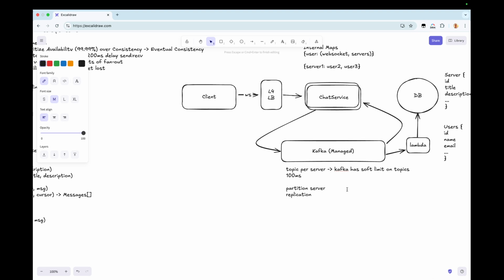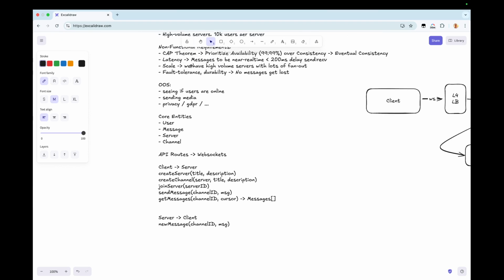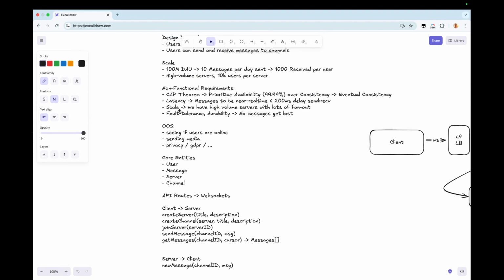We'll have a certain number of other Kafka broker instances acknowledging the writes to a particular topic. We may configure this to say that we'll have a replication factor of 3 or something like that. And that provides pretty good durability on the messages to ensure our non-functional requirement of fault tolerance and durability.